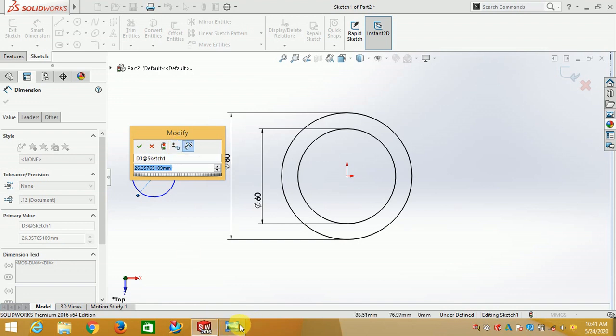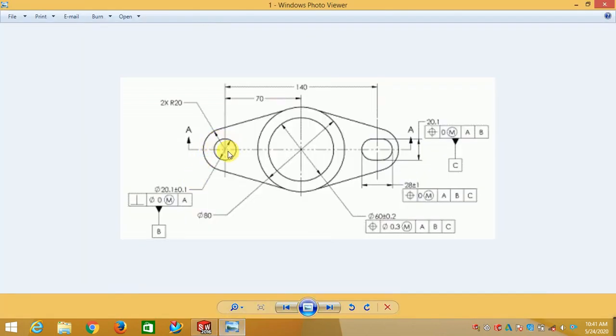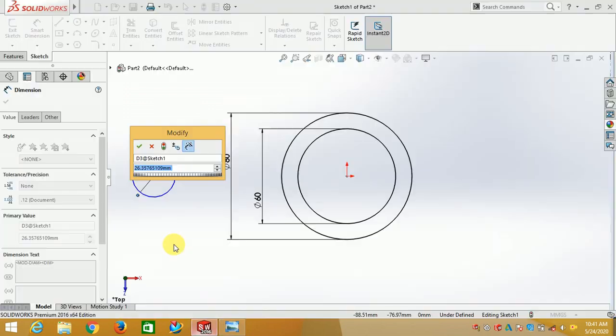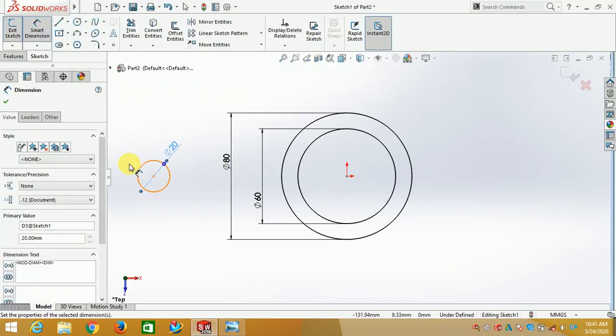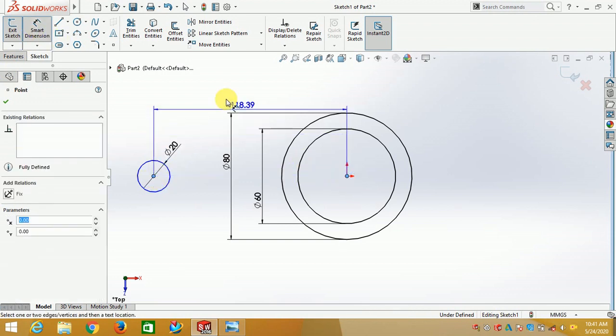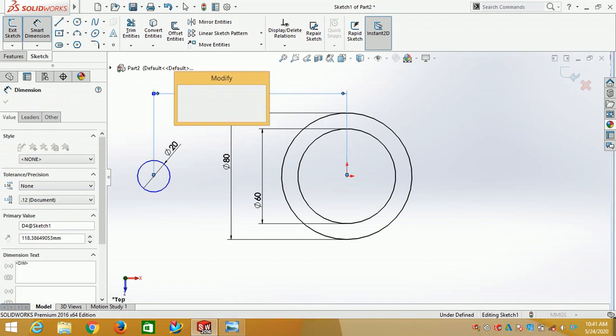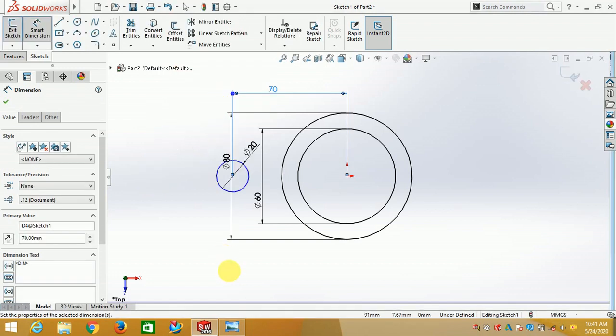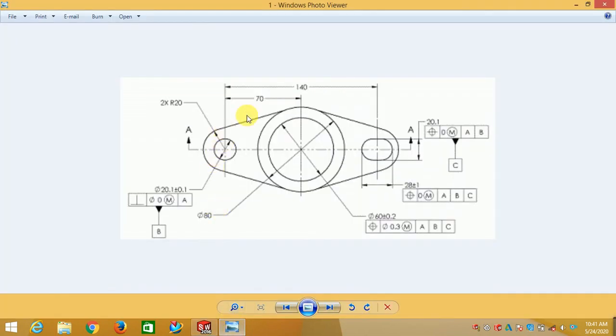One second, I will check the dimension first. The diameter of this circle is 20. Fine. And the center to center dimension is 70. Here you can see the 70 dimension.